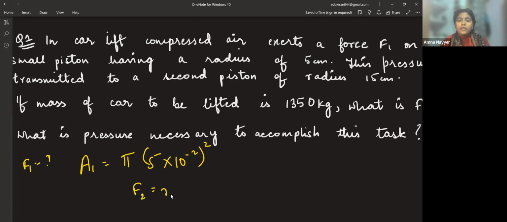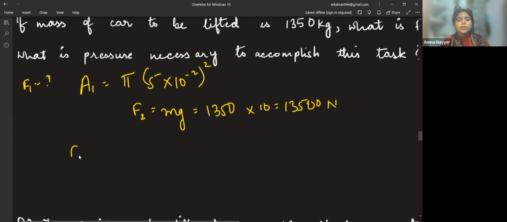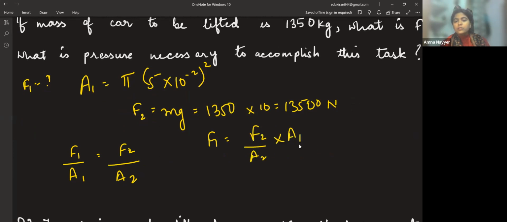When we're talking about F2, F2 is equal to mg. Mass is given as 1350 kg. Acceleration due to gravity is 10. So this becomes 13,500 Newton. When we are required to calculate, what is the formula that I have told you? F1 by A1 is equal to F2 by A2. So F1 is equal to F2 by A2 into A1. So F2 is 13,500. Area 2, see, A2 is